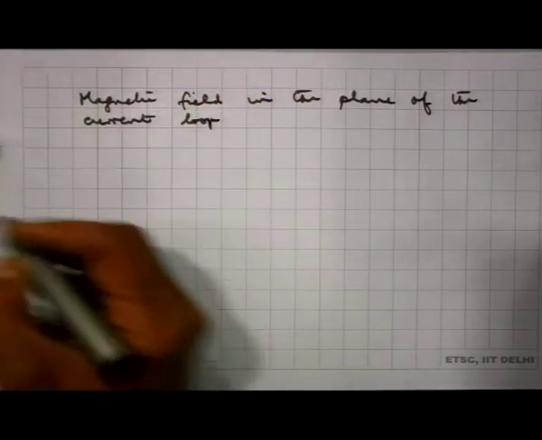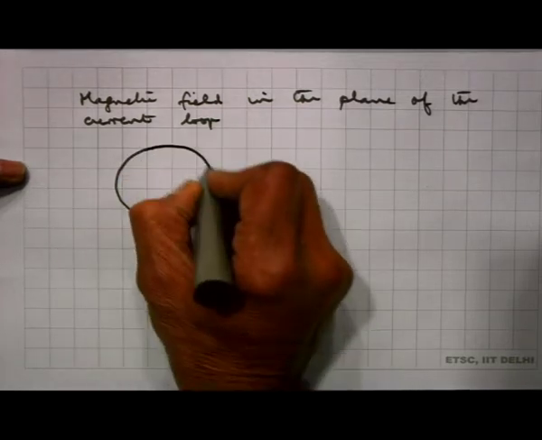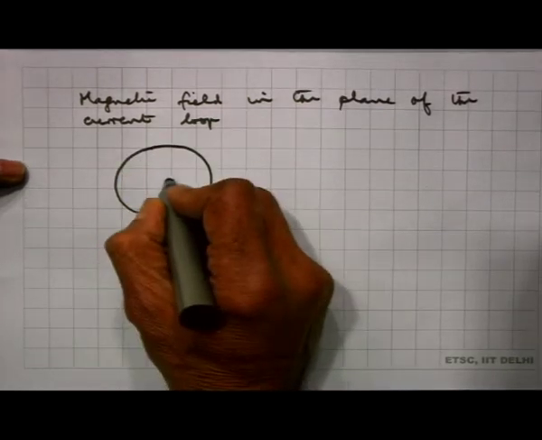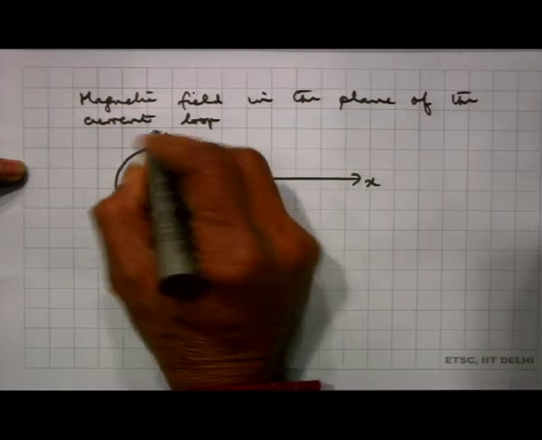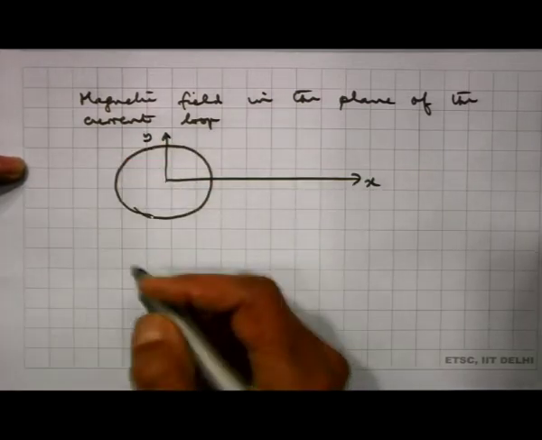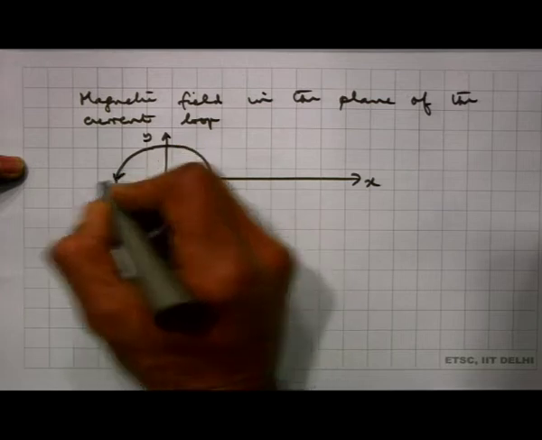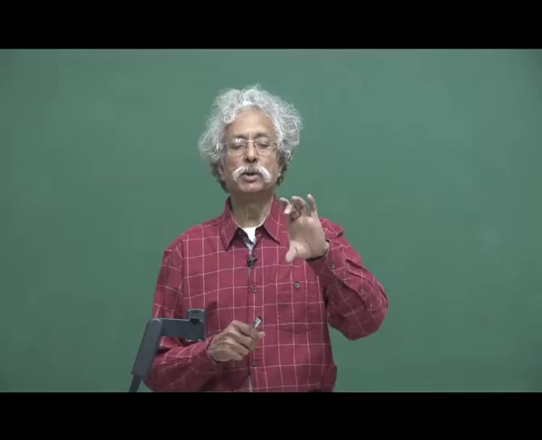So, let me draw the current loop here. So, this is my loop now. Let me call this x axis, this is y axis, and z axis is pointing towards me here, and let me assume a current I is flowing through this. In the earlier calculation, this was the current carrying loop,